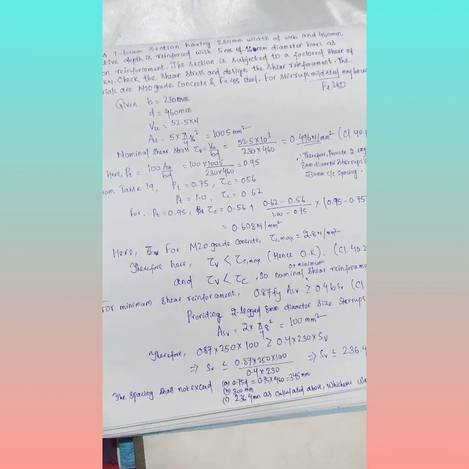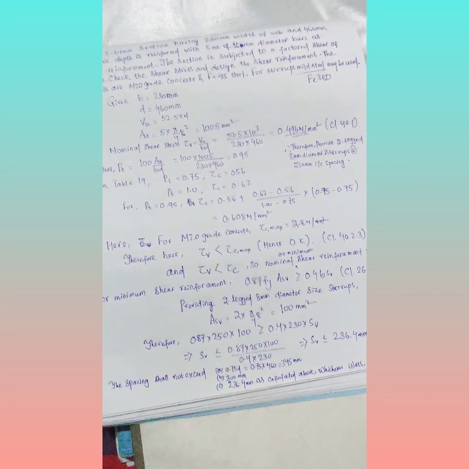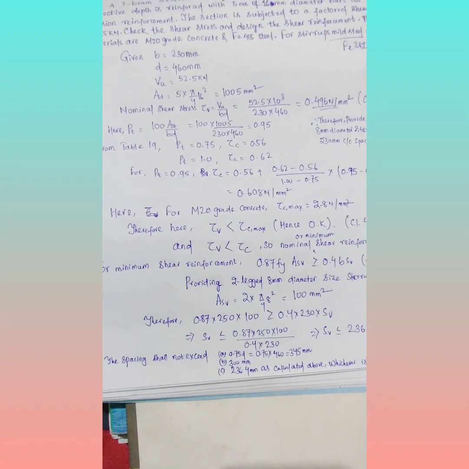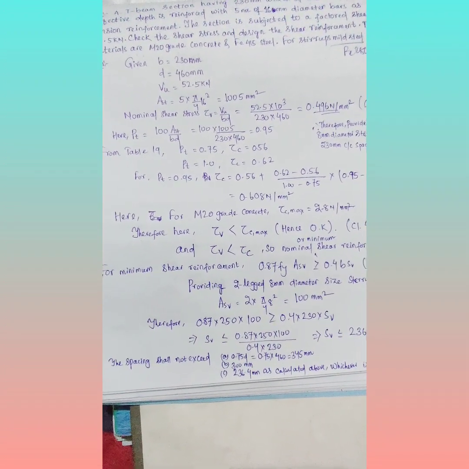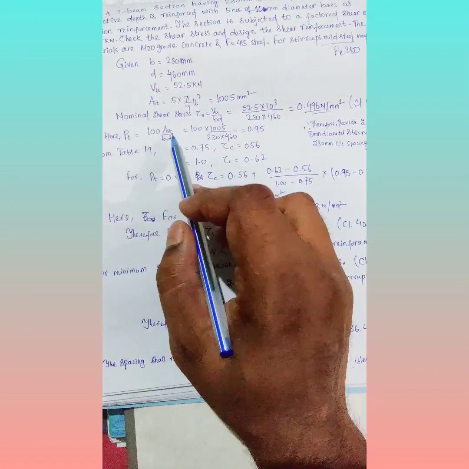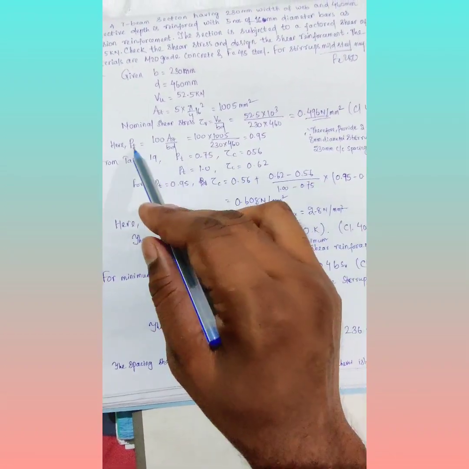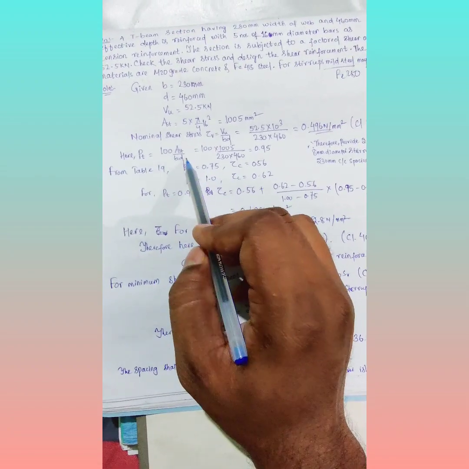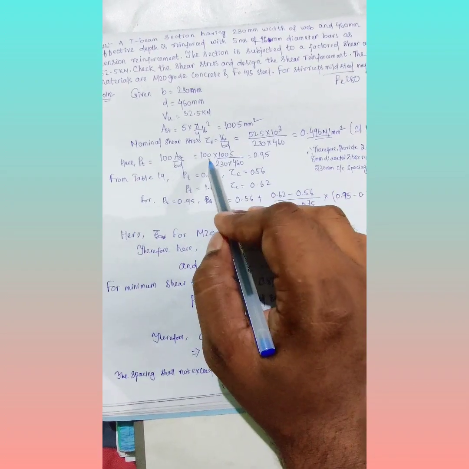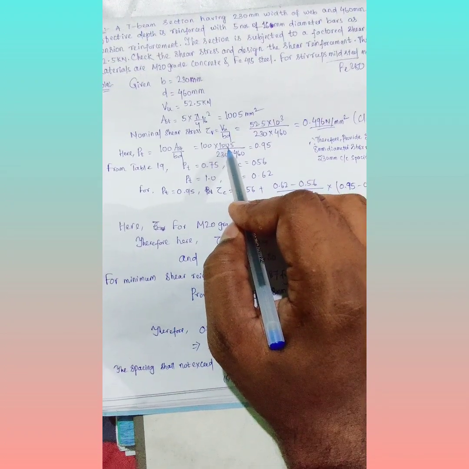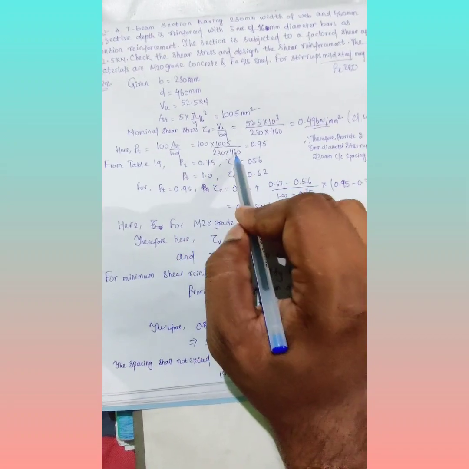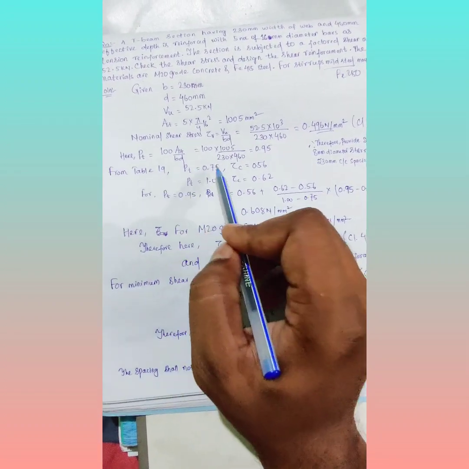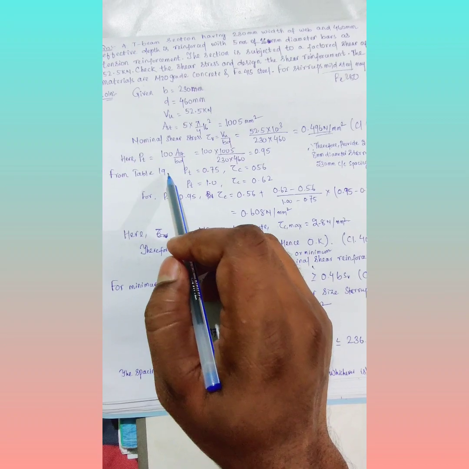and the tau c value will be calculated from IS 456 table number 19. So in order to calculate the value of tau c, that is the shear design strength of the concrete, first of all we need to calculate the value of the percentage of steel, because tau c value is dependent on the amount of steel reinforced in the section. So pt will be calculated as 100 Ast divided by bd. So 100 Ast value you have already calculated, that is equal to 1005 divided by 230, b is equal to 230, d is equal to 460. So pt is coming as 0.95, and the tau c value will be calculated from table 19 of IS 456.